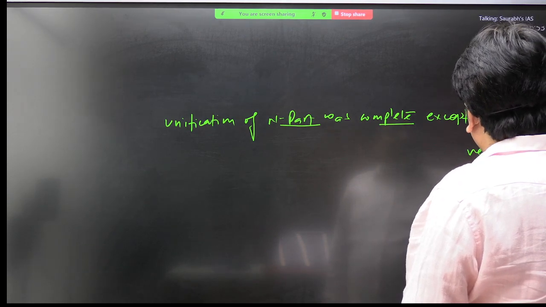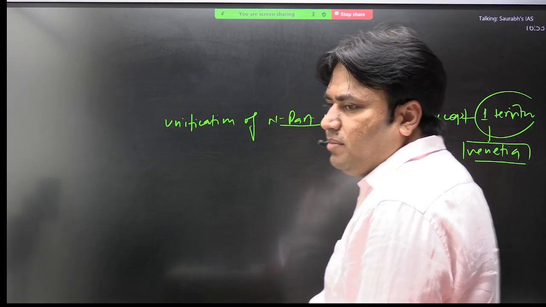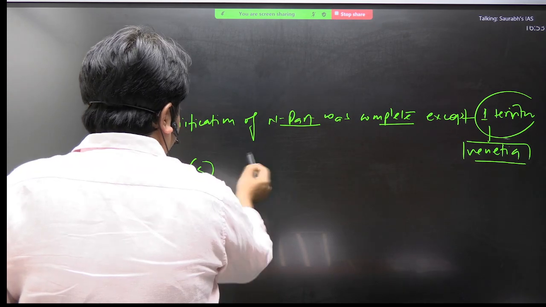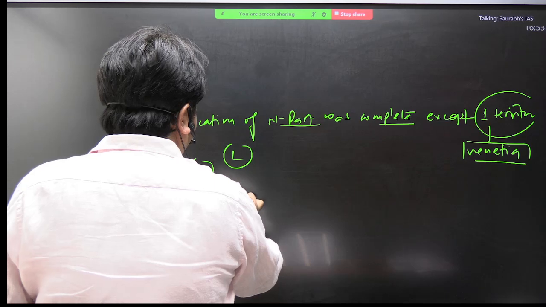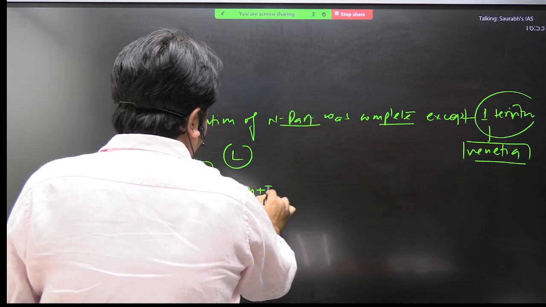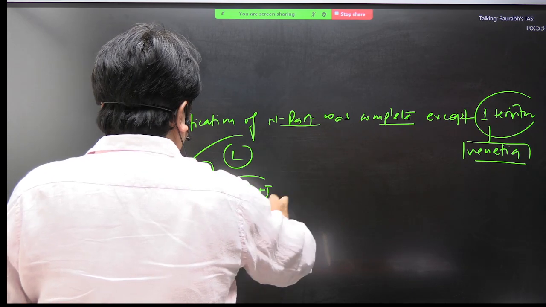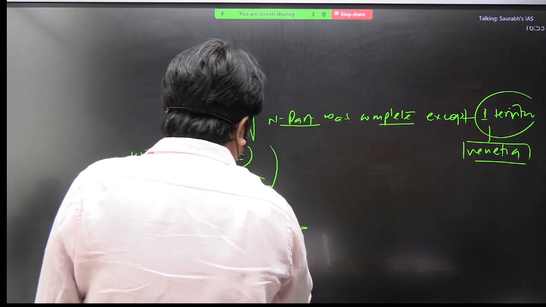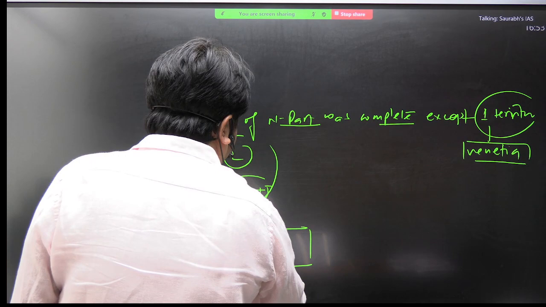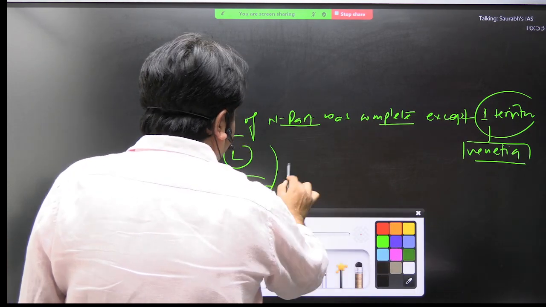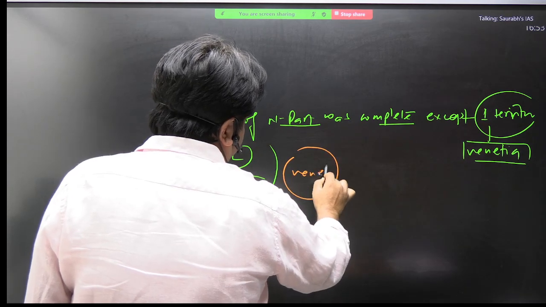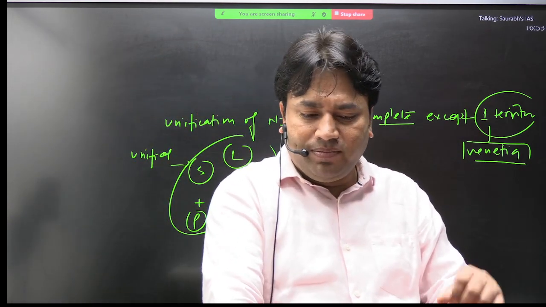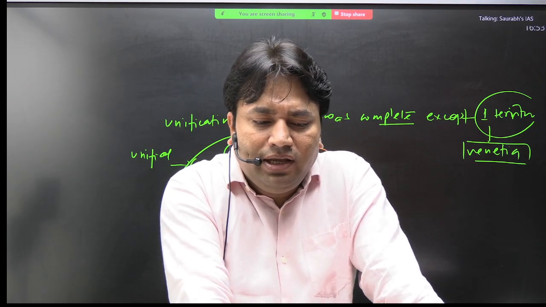This territory is Venetia. Okay, so now Italy means Sardinia plus Piedmont, plus they have got Lombardy also, plus they have got Parma, Modena and Tuscany also. Now this much has been unified. This much has been unified, right? And in the northern part there are the Papal States. In the northern part only one territory is left, and that is Venetia. Only one territory was left, which was Venetia.